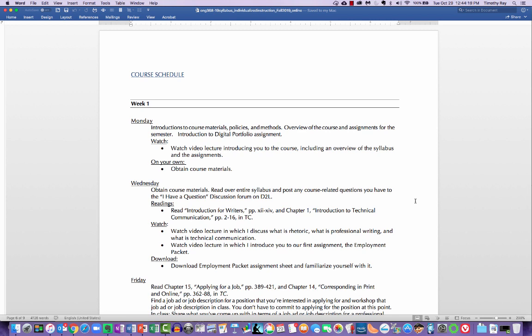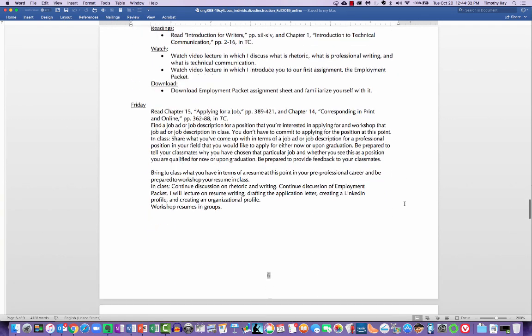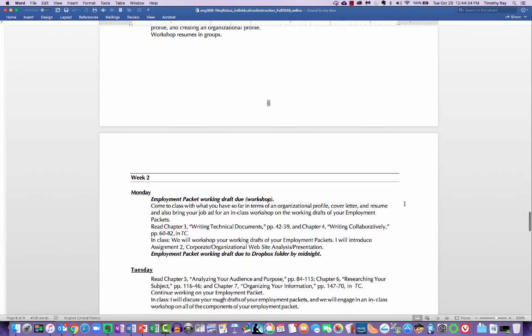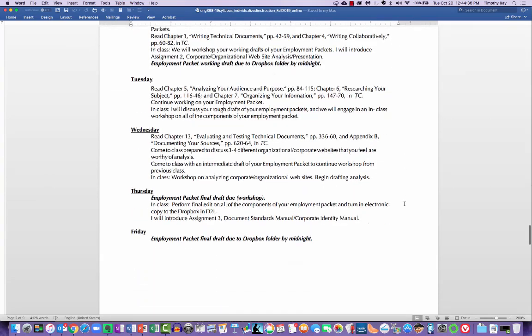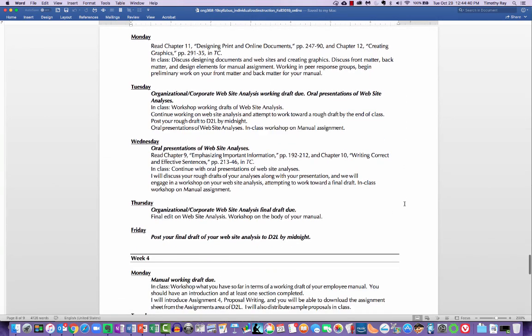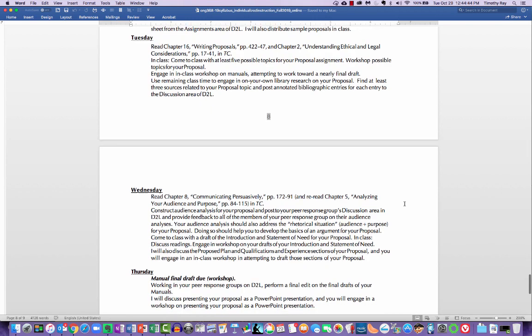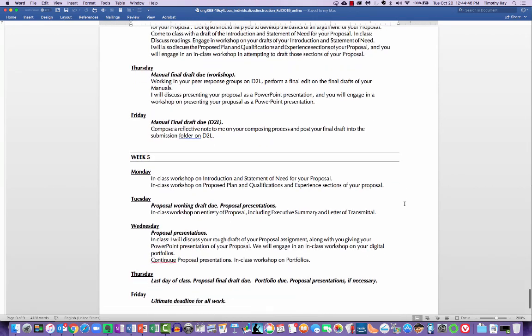So maybe certain things we need to kind of slow down for, and other things I can kind of speed up. But we can, again, talking back and forth over email, figure out exactly how we want to finish up all this work and get everything accomplished in a timely manner.